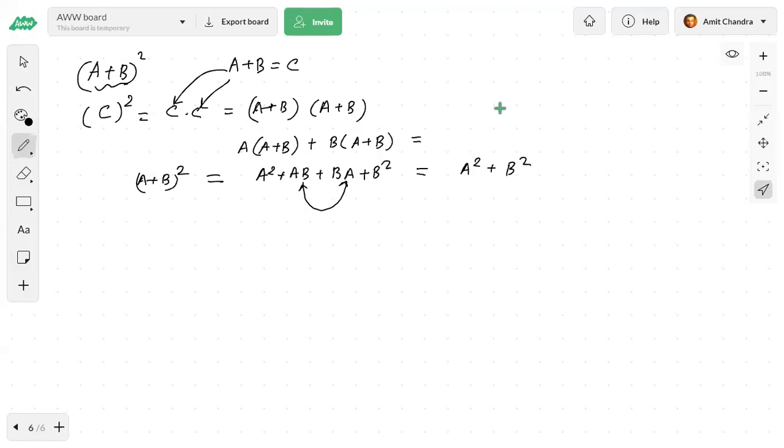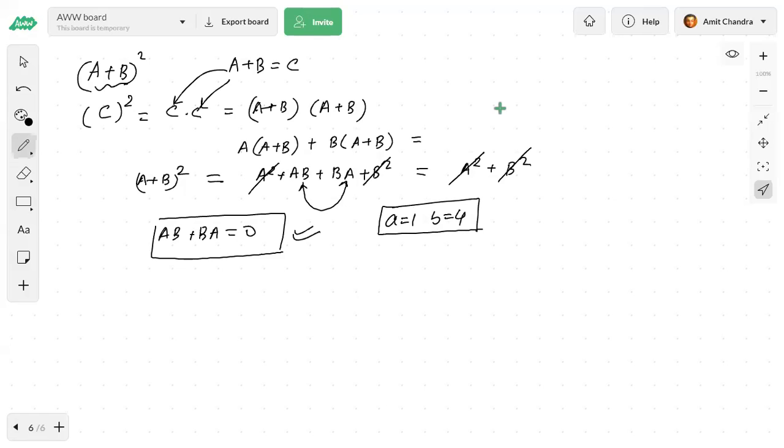Now if this is equal to A square plus B square, this A square gets cancelled with A square and this B square will get cancelled with B square. So that means AB plus BA should be equal to 0. You just have to multiply the matrix AB first, and then multiply matrix BA. From there also we will get the same answer. So if you do this or the previous method, with both you will get exactly the same answer, that is A is equal to 1 and B is equal to 4.